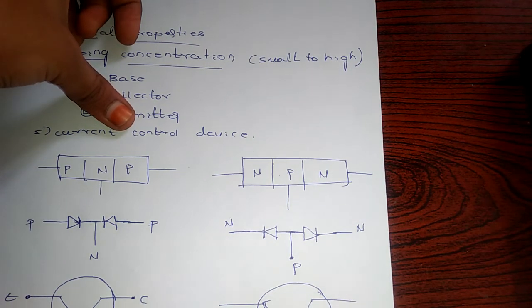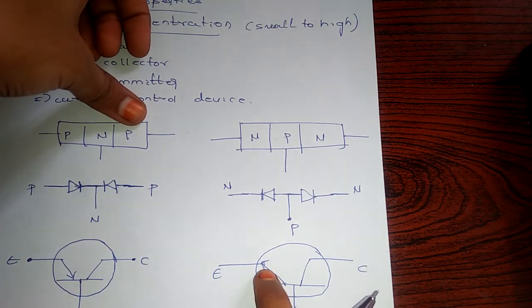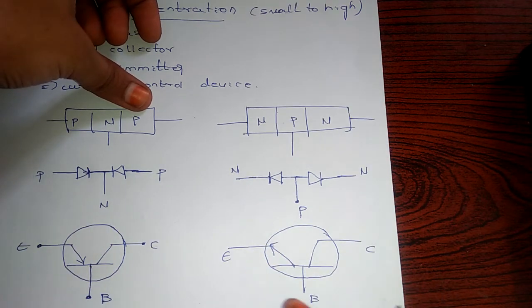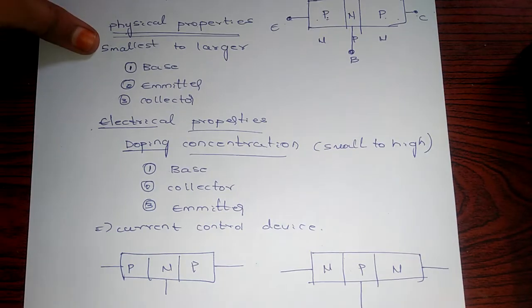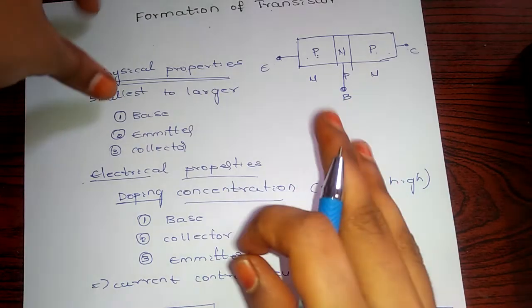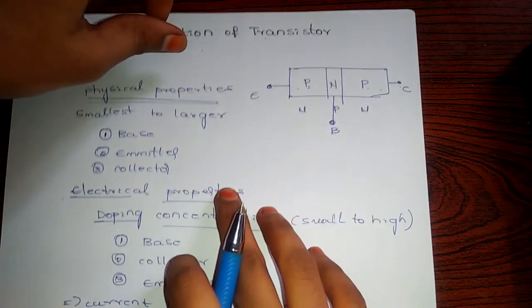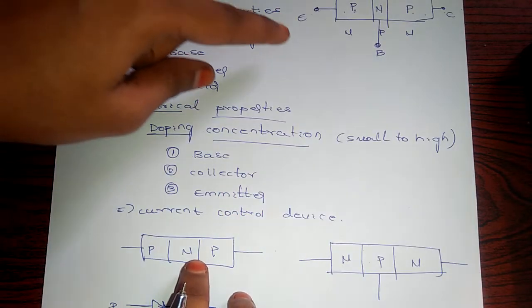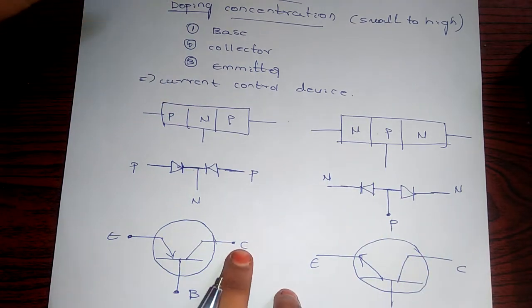You could have noticed that the emitter has an arrow indicating inwards or outwards, which means the emitter emits the current to the collector via base. So this is about the formation of transistor and having NPN and PNP, where the regions are of the same type but they have different physical and electrical properties. So this was a comparison of base, emitter and collector and the schematic symbol and the representation diagrams.